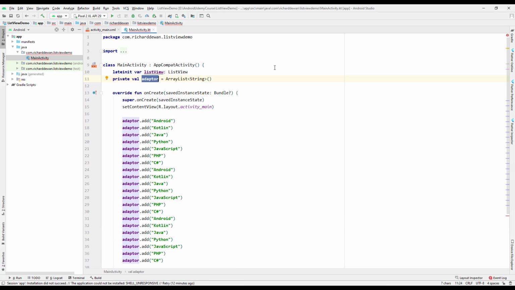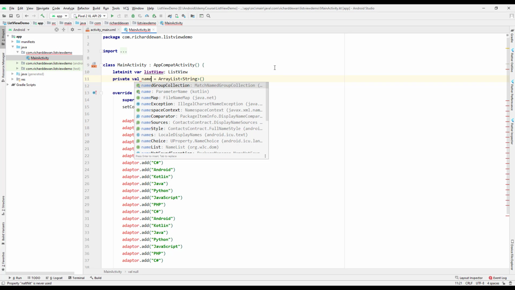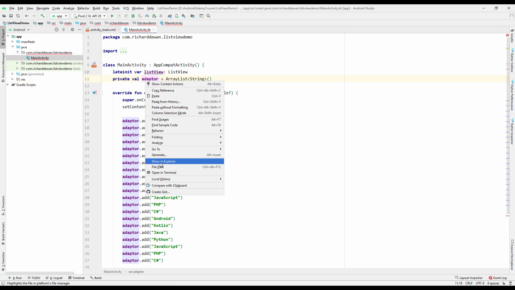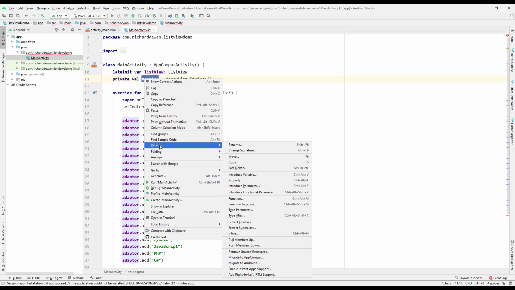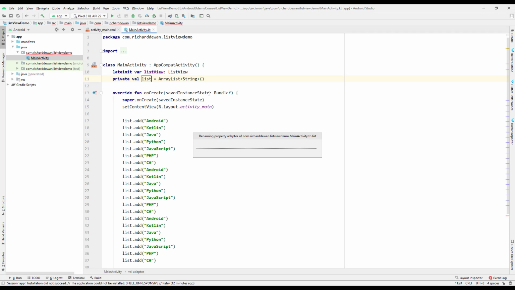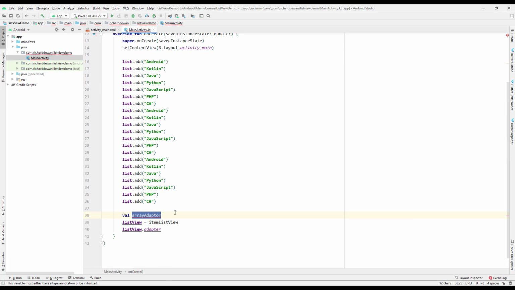This one I'll just call a name list, sorry, something like a name list. Sorry, I had to rename that one, or I can just make use of rename over here. So just right click, go to refactor and rename, and I'll rename it to something like a list over here. That should be fine. Okay, so we have a list, and then we have our array adapter, and this array adapter is equal to